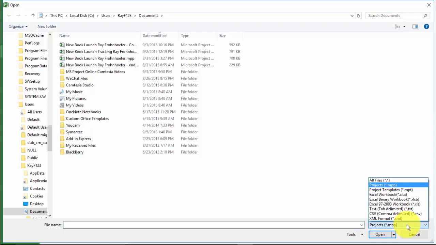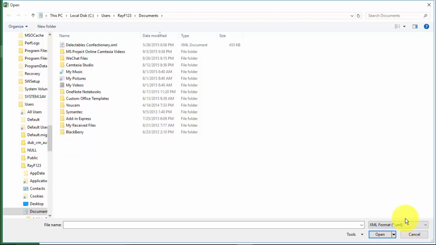I'm going to look here and you'll notice that I have an XML file format, and I had some students do a project plan using a product called Smartsheet, and they were nice enough to save the file in an XML format that I could read with Microsoft Project.